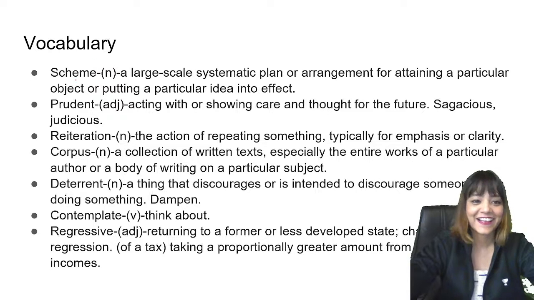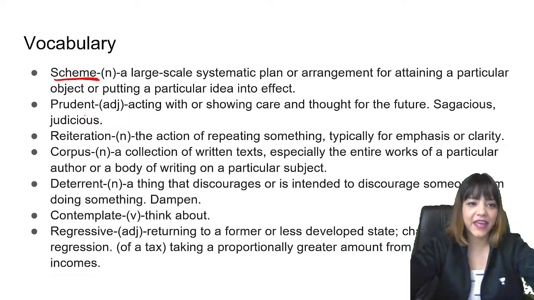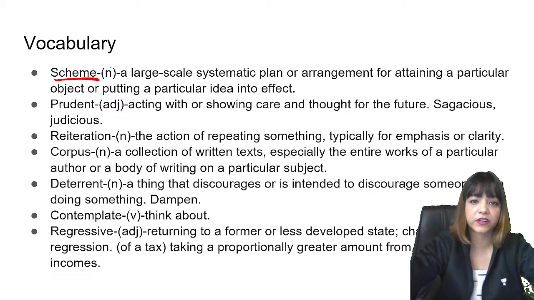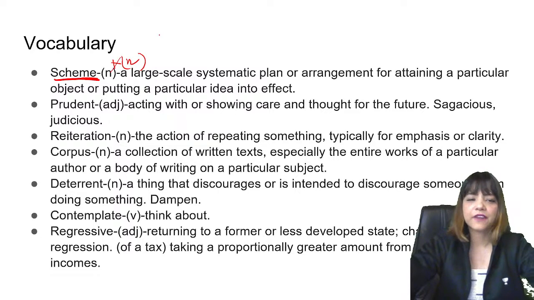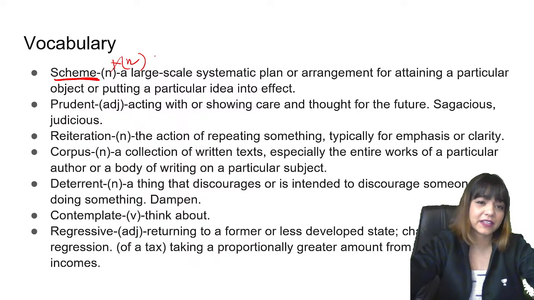Excited. Okay. All right, so scheme is the first word. Now, scheme can be a noun as well as a verb, okay, but they both have different connotation. When we talk about it as a noun, it is positive connotation or neutral connotation. Neutral रखेंगे इसको. And when we talk about it as a verb, it generally means in a negative